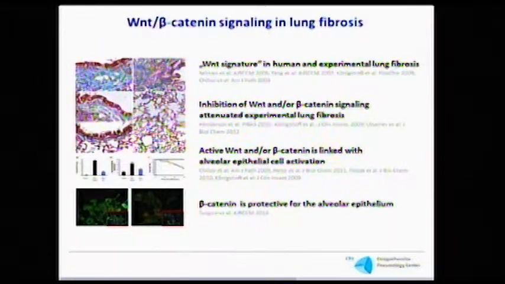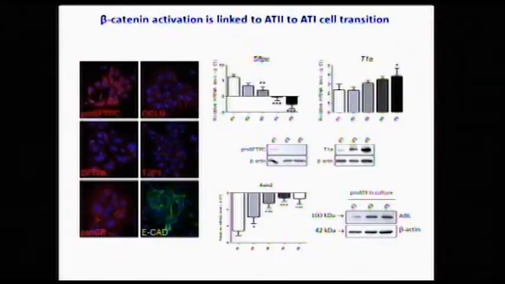There is, however, also some data which tells us that it's not only up and down and black and white, and that we really have to look further, because beta-catenin by itself also has been shown to be very survival promoting and protective for an alveolar epithelial cell. And I just would like to share one data here with you in this respect, which shows you that if you take normal type 2 cells, which have no genetic susceptibility or anything for IPF, and then you treat them, and over time you could see that in this case beta-catenin does something good,